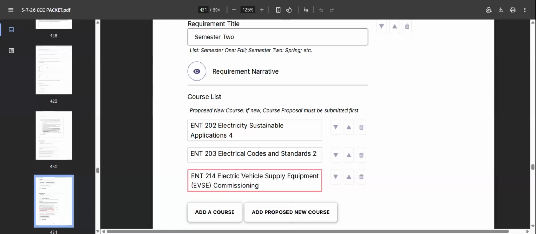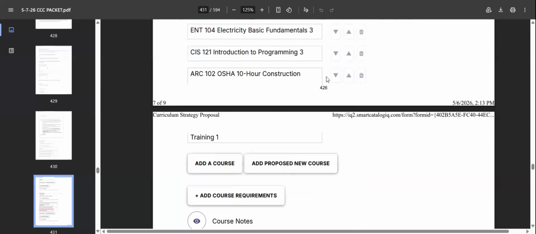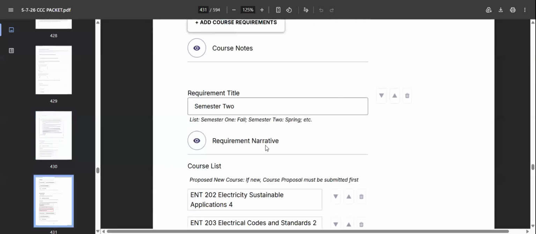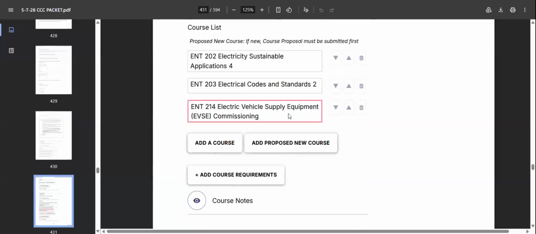Does all of this lead to where they have to test for a credential, or do these certificates put them straight into the workforce? These are putting them straight into the workforce. They could go for being a technician or a field service type of job. Okay, thank you. If there are any further questions, you can see the courses on your screen. Looks like 2 semesters. 2 semesters.